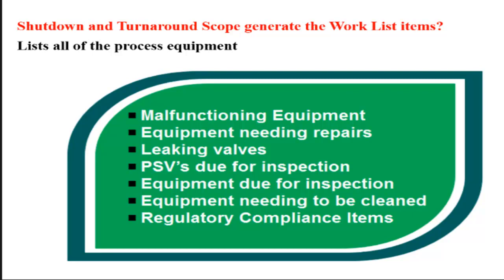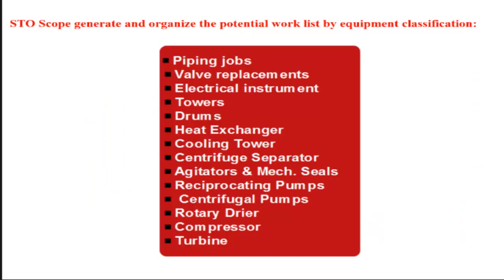Another benefit of the STO scope is to generate and organize the potential work list items by operation, by operating unit, and by equipment classification. For example, this will cover different categories and different list items, including fixed assets, rotating assets, and fixed assets including piping, valves, towers, drums, heat exchangers, cooling towers,